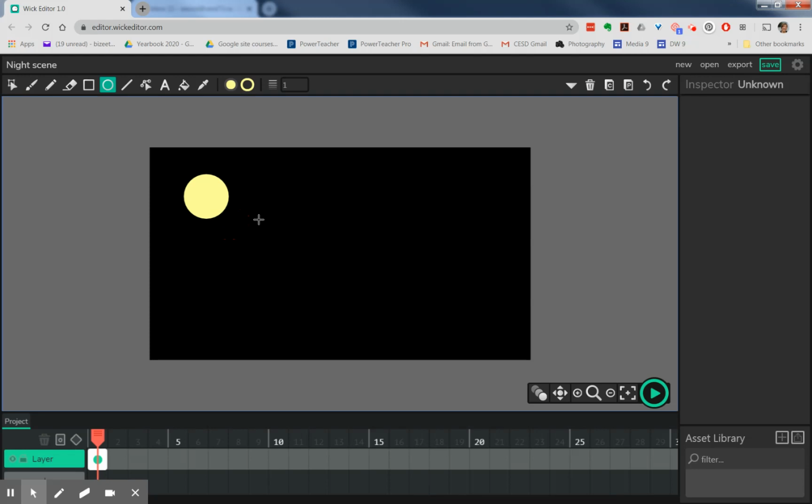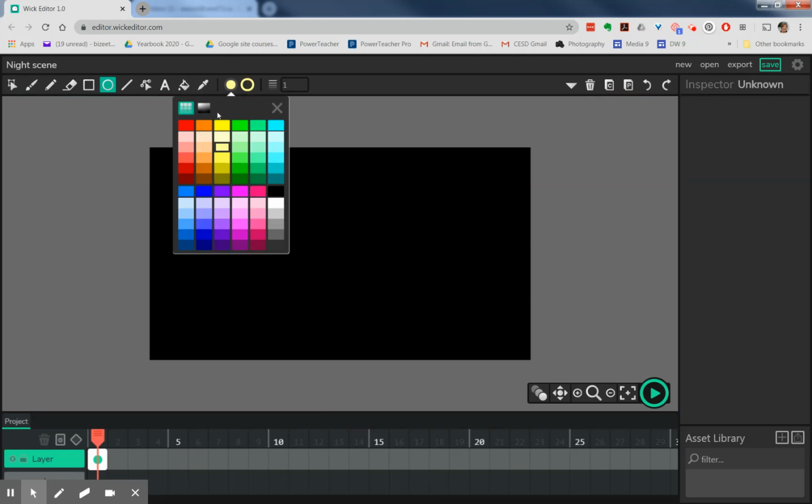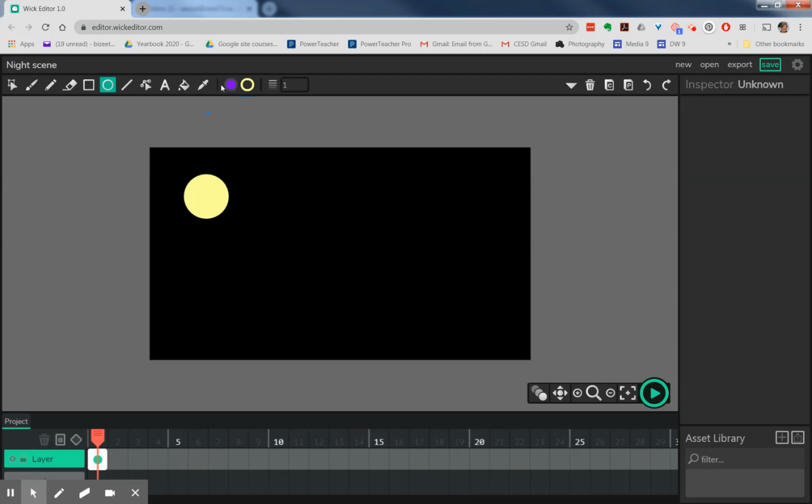All right. Now I want it to be a crescent moon. So how we can do that is we can take another image, put it on top of it, and then we can subtract those two images from each other. So I'm going to make mine a different color so that you can see it, and I'm going to just use a purple one. I'm going to leave the stroke the same color though, so that you can see how it will blend on it. Okay, so this is going to be a purple moon, and now I'm going to take my ellipse tool and I'm going to draw my crescent